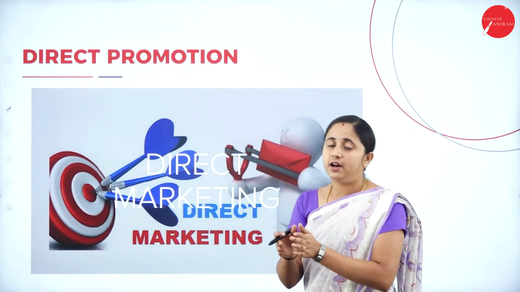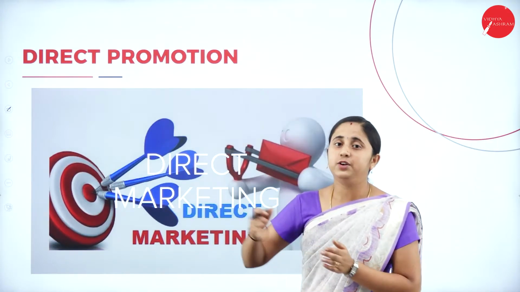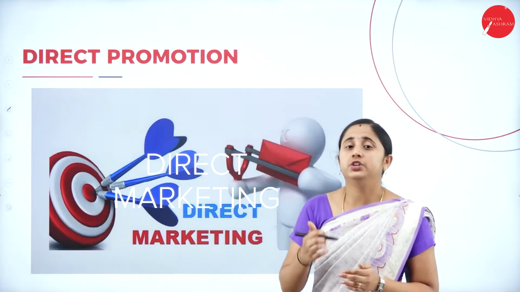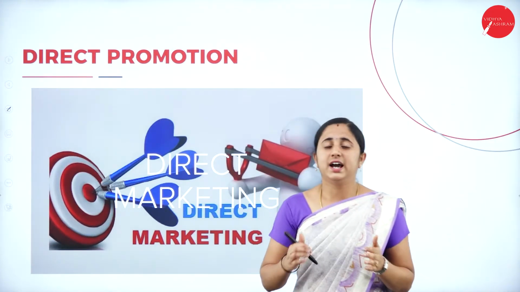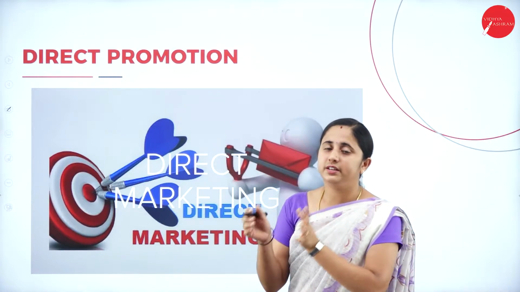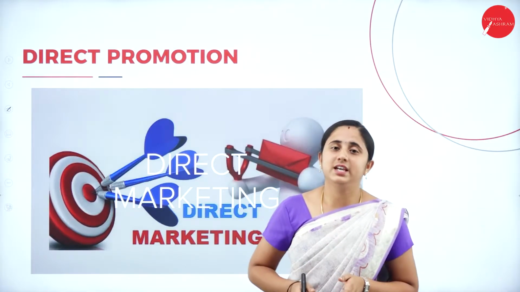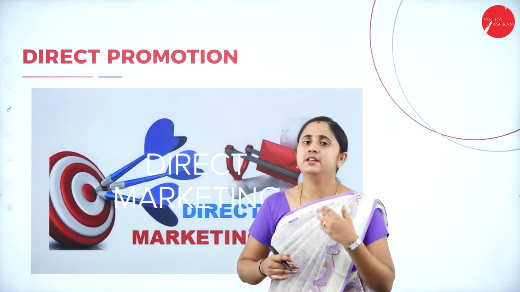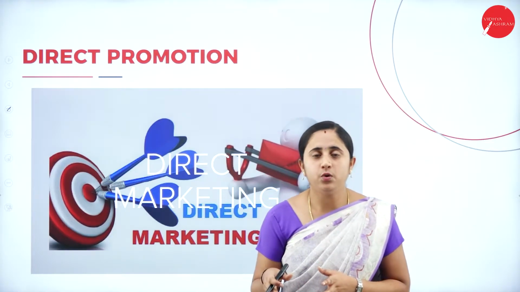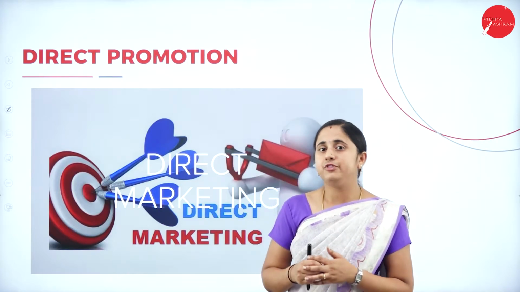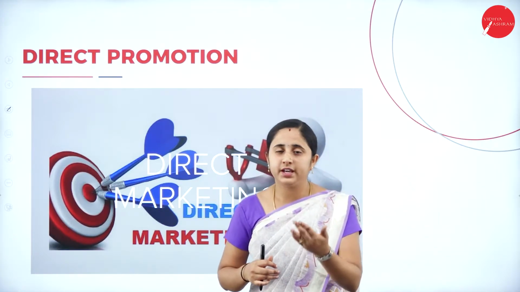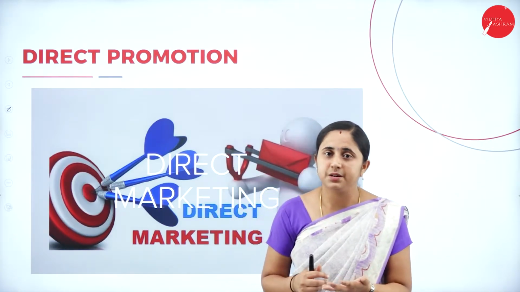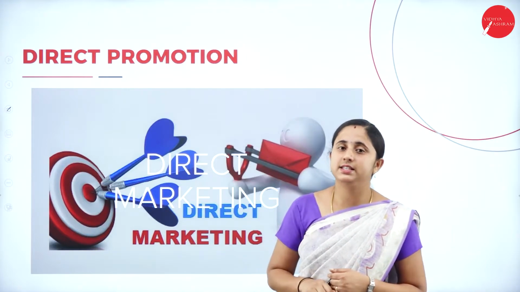They try to convince the customers and clear their doubts. If the consumer has any doubt, they can clarify it with the sales representative. So you need to train them so that they can clarify consumer doubts, get feedback directly from the consumers, and influence and convince the customers,